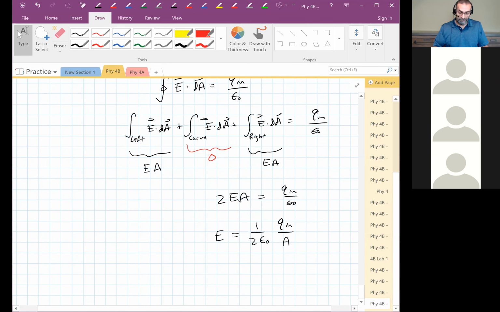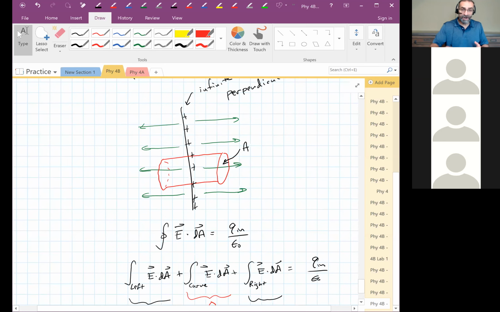So again, this E depends on the area of the end cap, and it depends on how much charge I have inside, but the charge I have inside is a function of the area I chose, right? So the area that gets intersected here on that sheet,